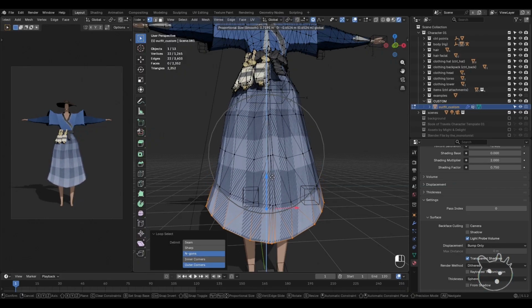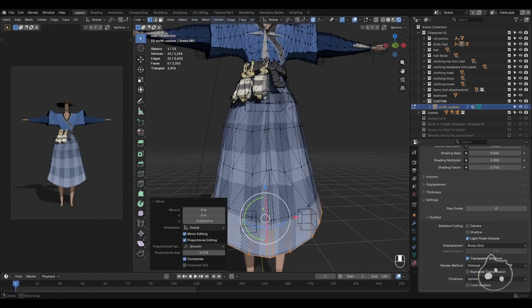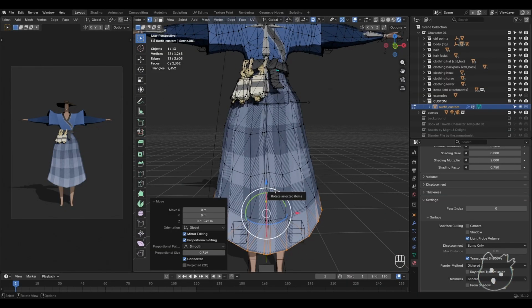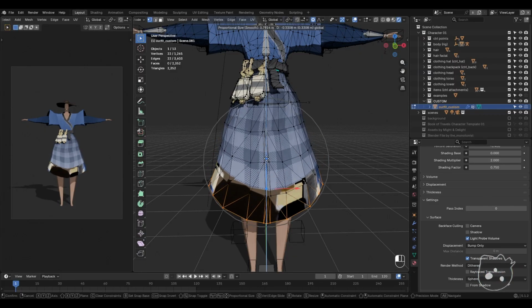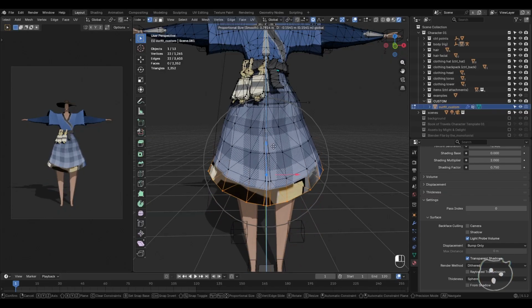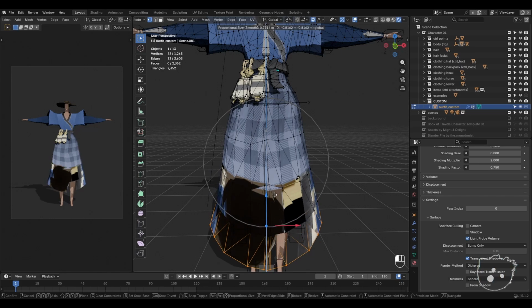I don't know, something like that, I guess. The texture is getting stretched, which, I mean, Fabric does do that. There is a really dangerous mode up here you can turn on called Correct Face Attribute, which means it's not going to stretch and it's just going to extend the UVs downward, but I would only use that